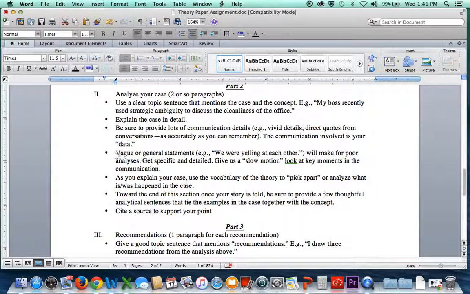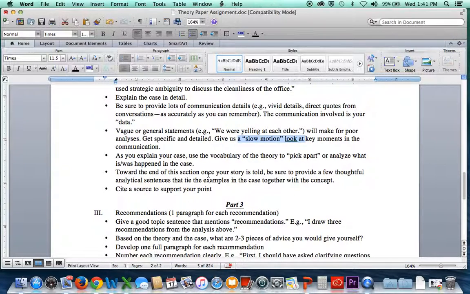Because if you only have vague or general statements like, oh, we were yelling at each other, that's not really going to make for a very good analysis. You're supposed to analyze this stuff. So you want to give good conversational details. So instead of we were yelling at each other, you want to actually detail a little bit of the back and forth conversation. What was said specifically. And then give us that slow motion look at those key moments in the communication,